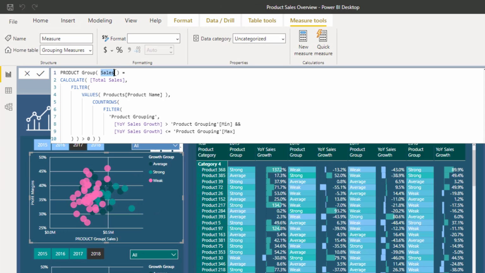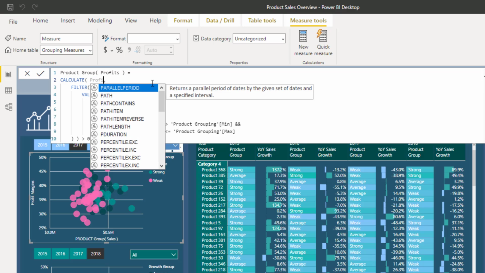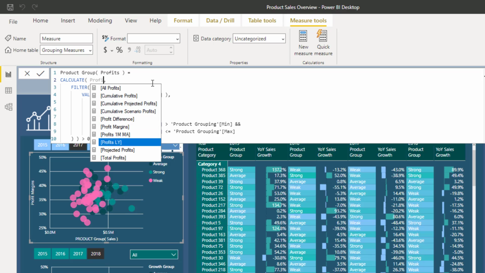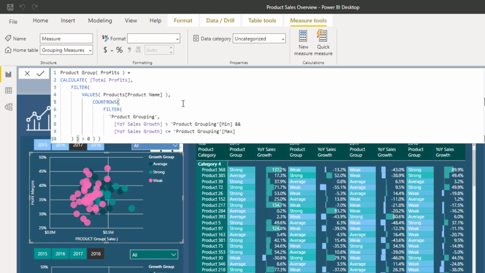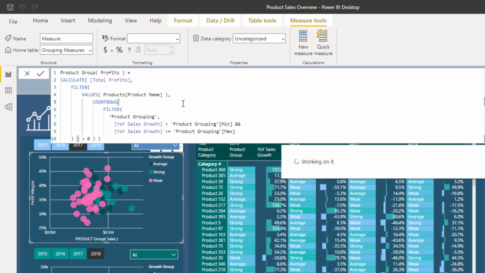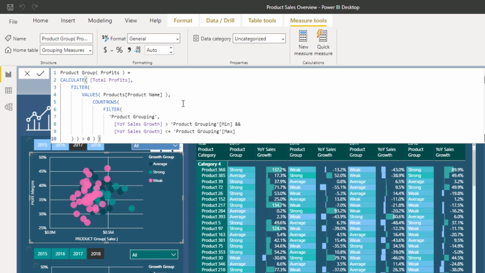Maybe instead of sales here, maybe I want to do profits, right? Because I know that I've got profits as one of my measures, and then I just need to go and find it like this, push enter,